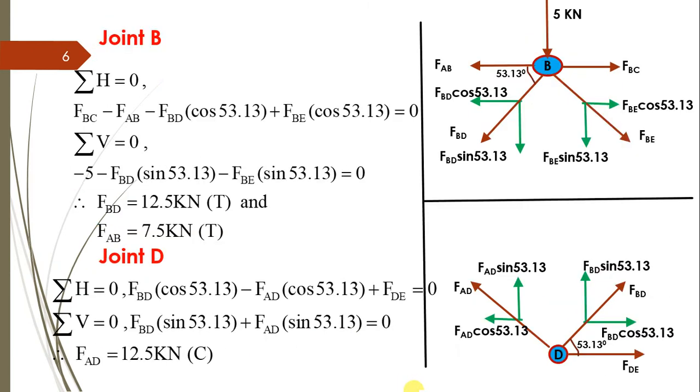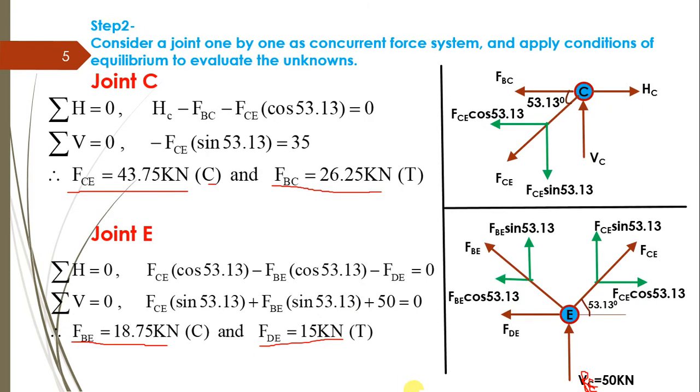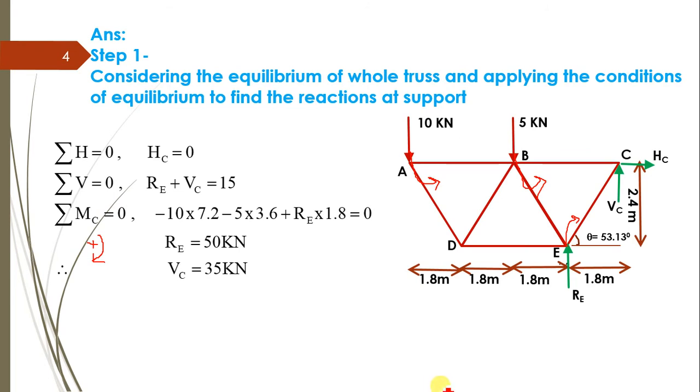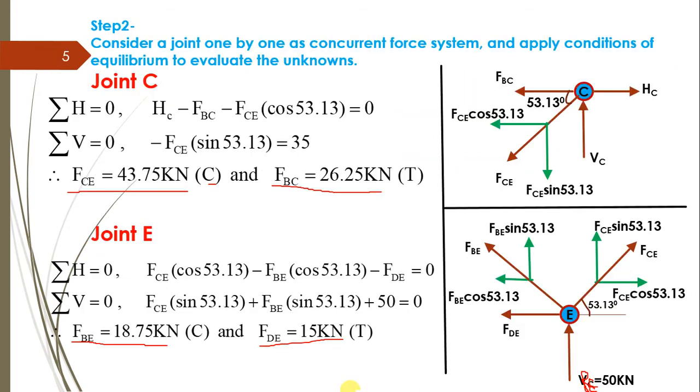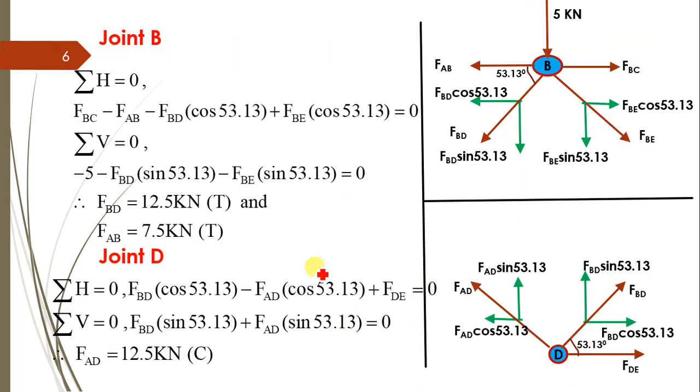Next, consider joint B. Here, at joint B, the members are AB, BD, BE and BC. So 4 members, 1 vertical force: FAB, FBC, FBD, FBE and the 5 kilonewton force. Again, FBD and FBE get resolved into horizontal and vertical components, and applying the conditions of equilibrium, plus FBC